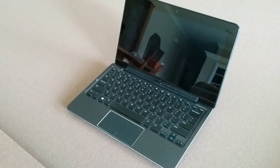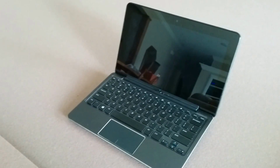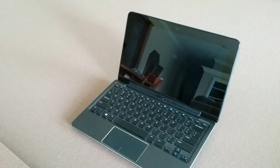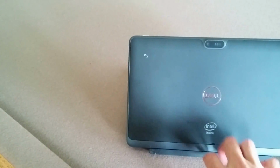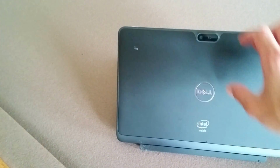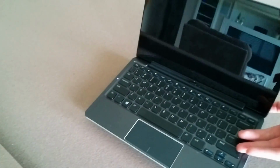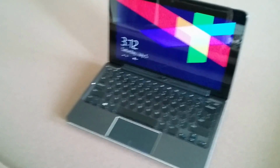So even if it never stops doing that, it's not a deal breaker because again, I never lose any work, everything's in the cloud. There is no issue, but it shouldn't be happening. Something's wrong, and my suspicion is that it's possible, since the battery is removable, that strength is also a weakness, and that it's possible that if I torque it in the right way or set it down too roughly, it might lose contact with the connectors and depower the laptop. Possible. I can't guarantee that's exactly what's happening, but it would be interesting to talk to Dell and see what